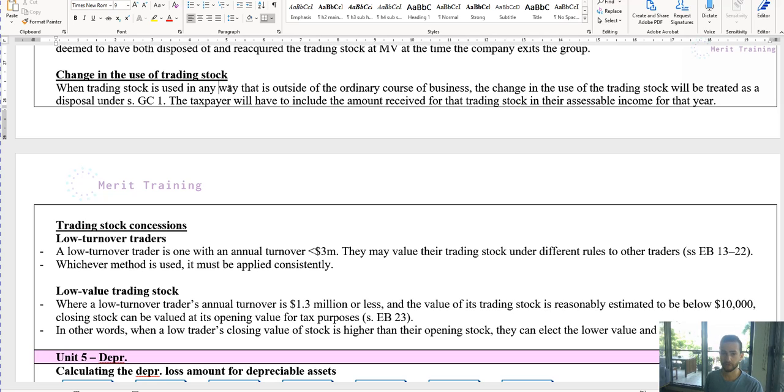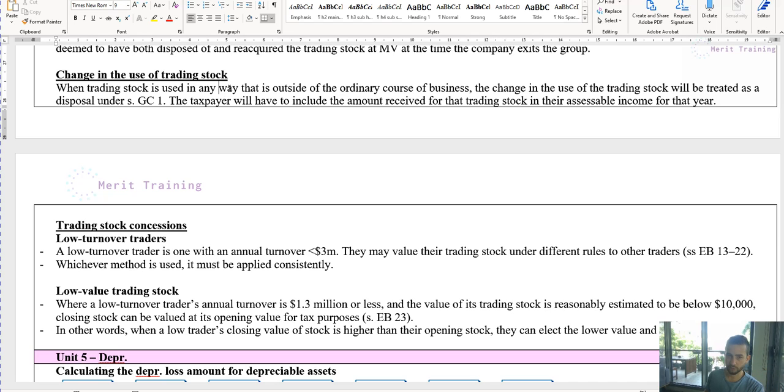So they have a few other options to actually value their stock, but only if the turnover is less than $3 million per year. Now, there's also low value trading stock, and this is where the trader's turnover is even smaller. That's where it's less than $1.3 million, and the value of the trading stock must also be lower than $10,000. Now, this person gets an even better concession, right? The smaller the business, the better concession usually. So this low value trading stock